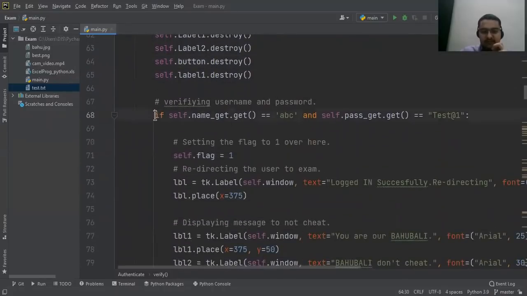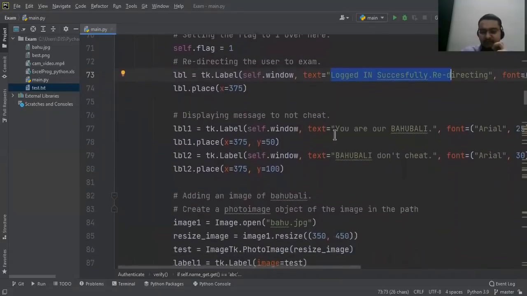Now I've just used a simple if statement. If the name, which is at this point in time very static, equals ABC and the password being test@1, then you would see that you are logged in successfully, and then you would be redirected in a second.